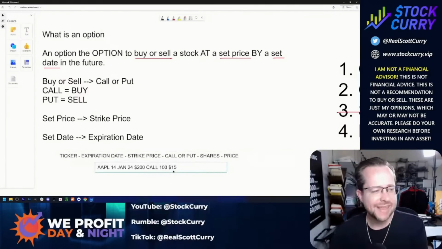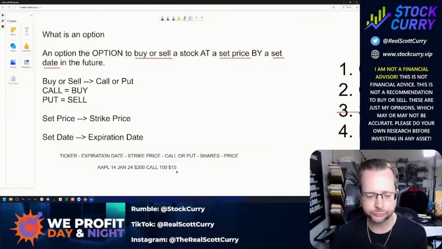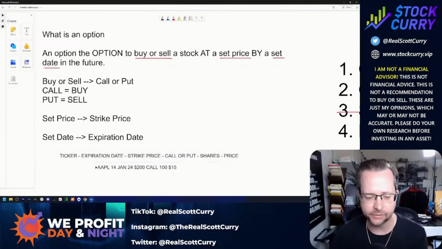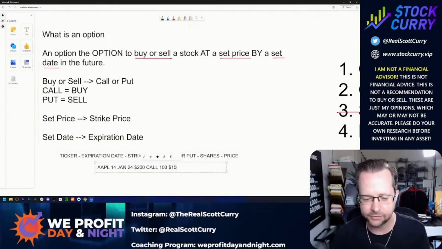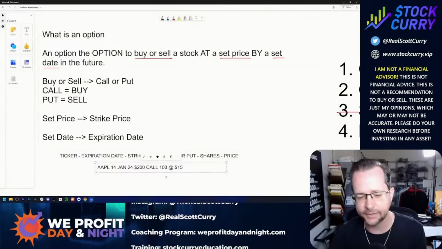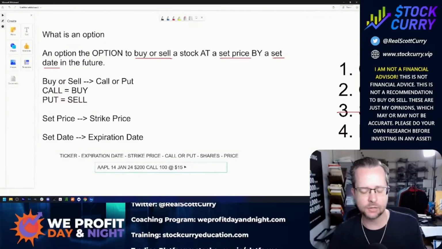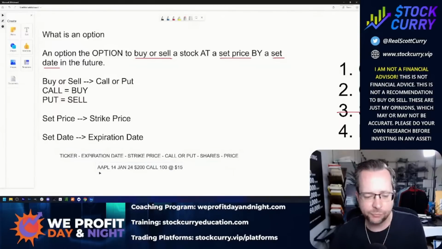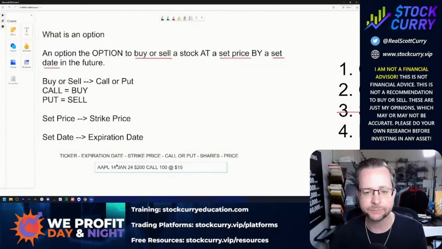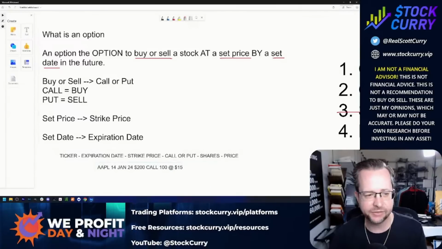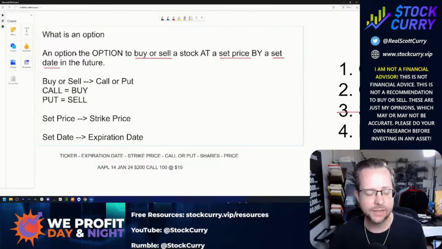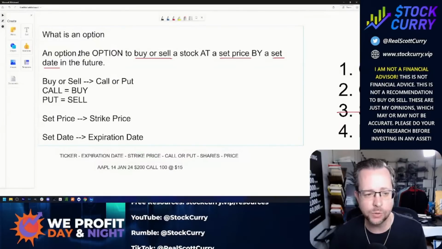Okay. So check this out. What all of this is, and generally, if you see this, would be like an at, right? Meaning you're buying it at $15. So if we see something like this, what does this mean? Okay. Well, this means that this is an option. The option gives you the